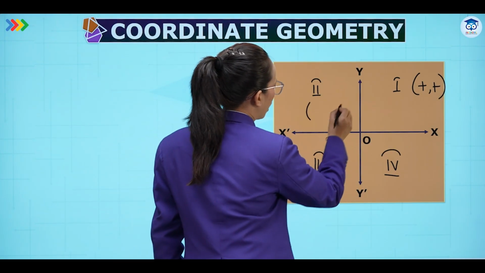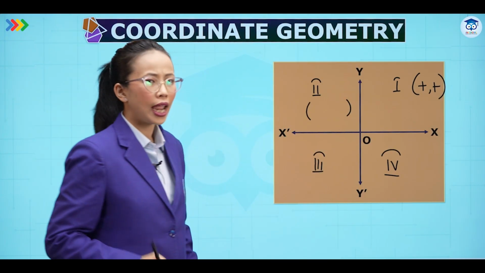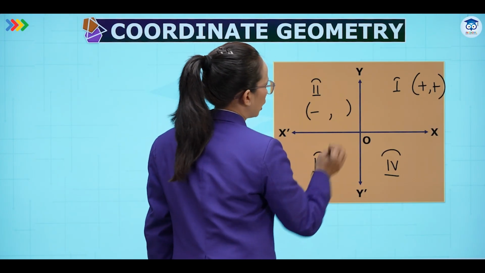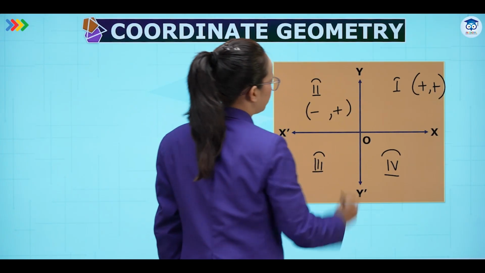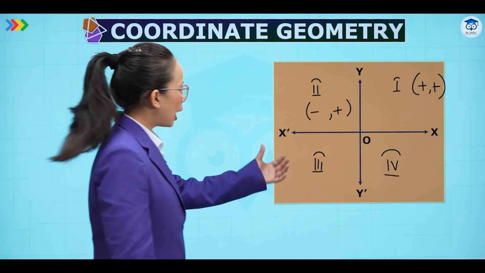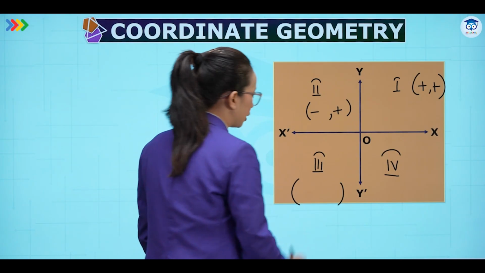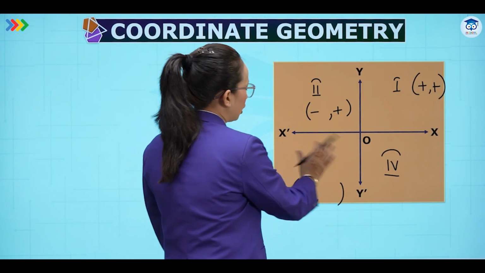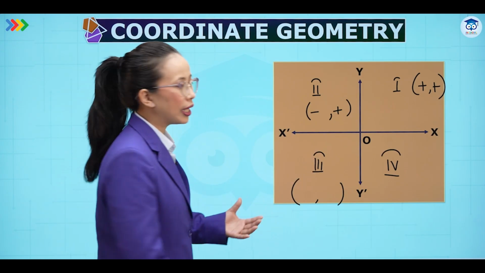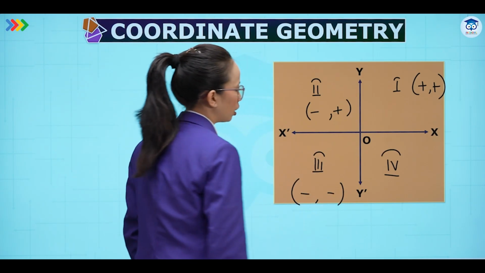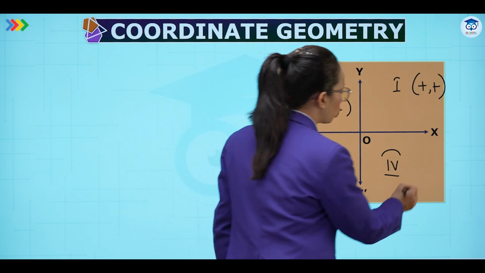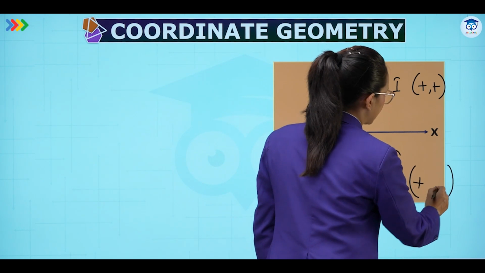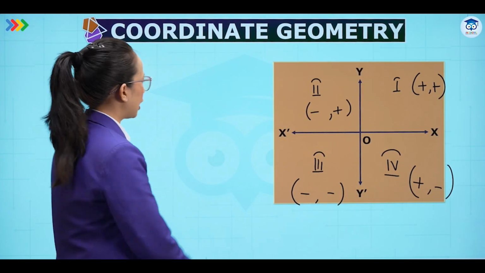So every time when we are writing the coordinates, x should be written first. So the x part will be negative now and the y part is positive. That we have to understand. And when we move to the third quadrant, we have what? It's between negative x and negative y, so both will be negative. And when we go to the fourth quadrant, we have what? X is positive and y is negative.